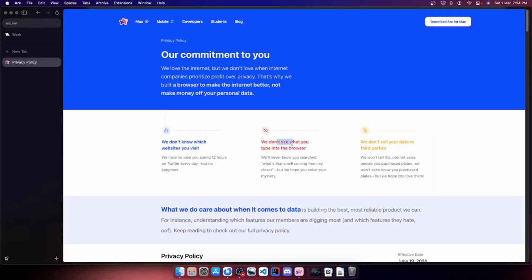We don't see what you type in the browser. So basically, they don't know what we are doing. If you really like to be on Twitter the full day, they don't know and they won't judge you. And they can't even see what you type, so if you type anything, they won't see it.